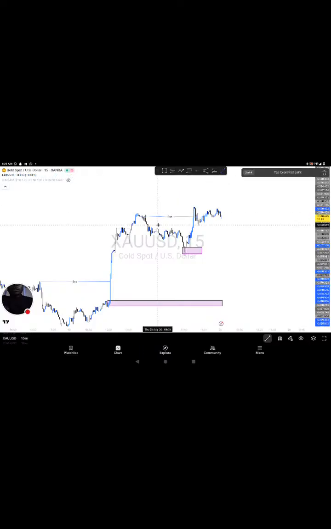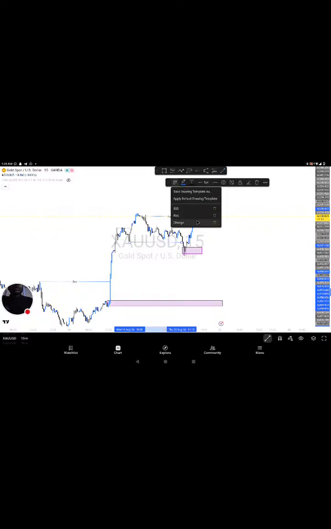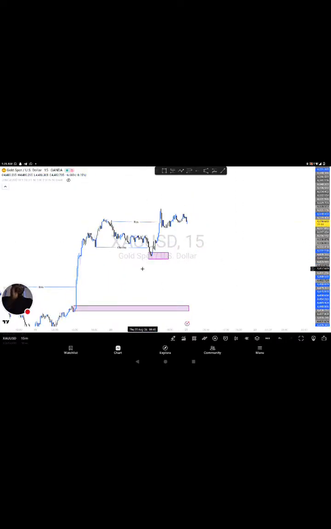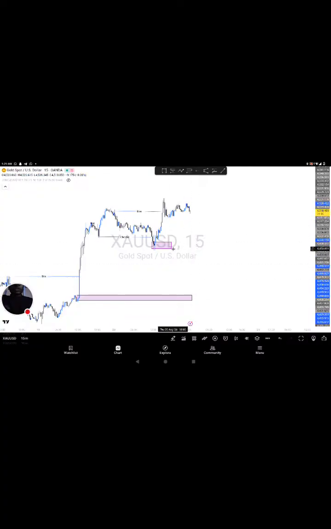Apart from that, we also have a changing of character to the downside. This is a changing of character. We have a changing of character to the downside. But this changing of character was taken out and the market is currently in range. So what I'll just do here is